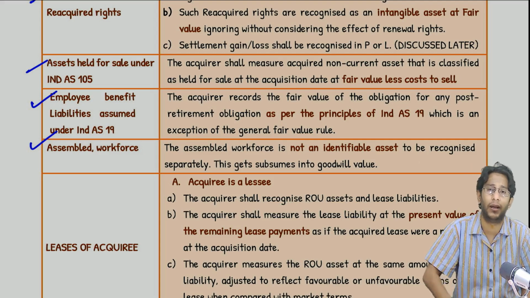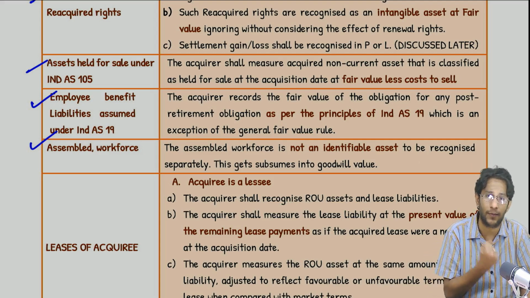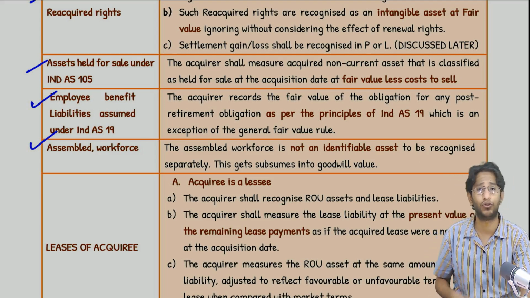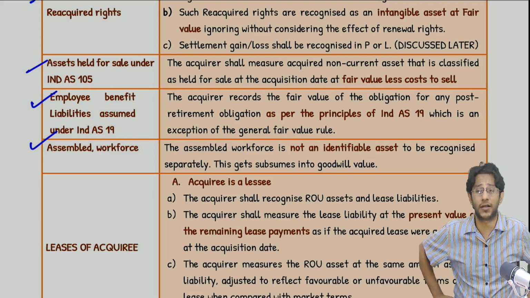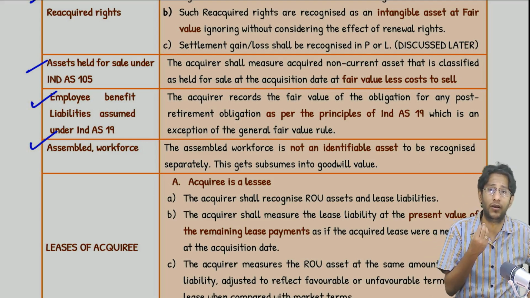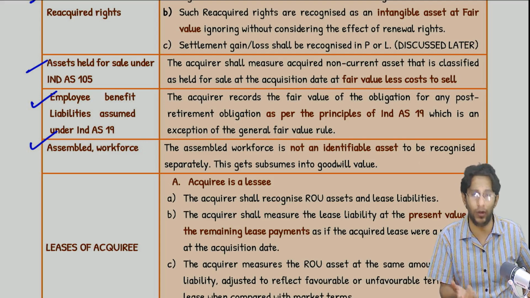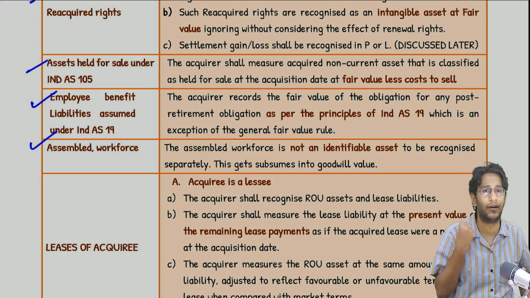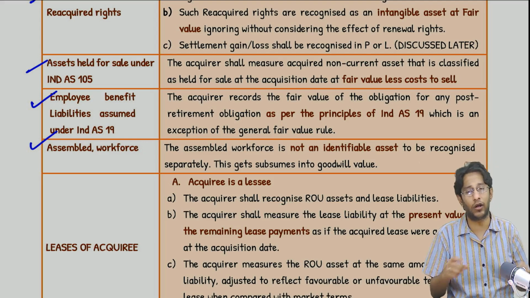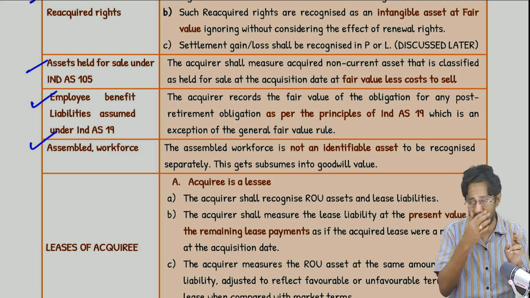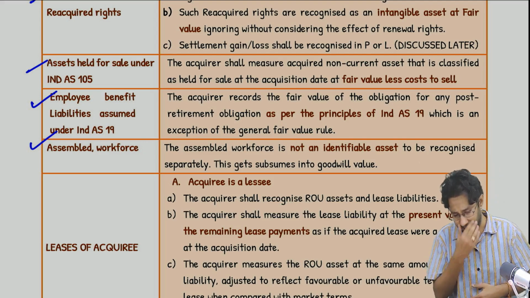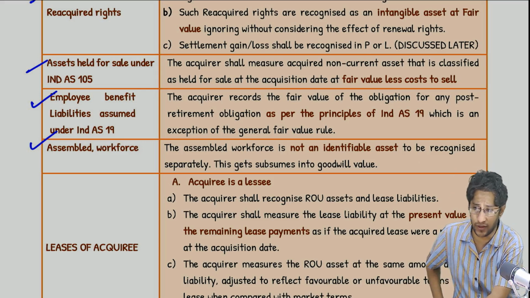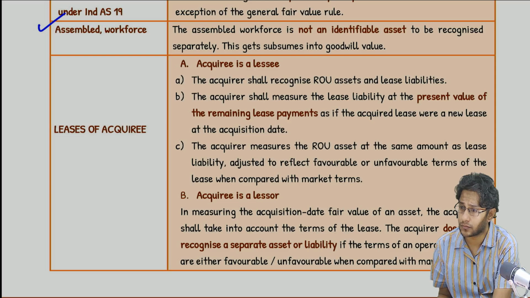Sir, from the other entity I am bringing their organized skilled force, employees and all are coming and joining my entity. So for that, in case you pay anything extra, you cannot recognize it as an asset, because employees cannot be recognized as an asset as you can't control them. So if you pay anything extra to the other company because their entire skilled force is coming, even then you cannot recognize employee or human resource as an asset. Therefore, whatever you have paid towards them naturally gets subsumed into goodwill. So you can't do anything for that. So that is about assembled workforce.